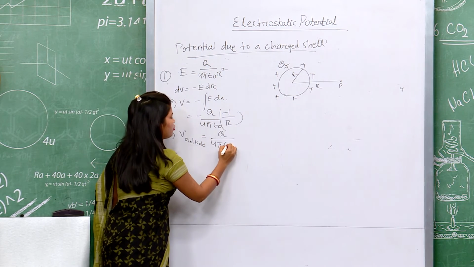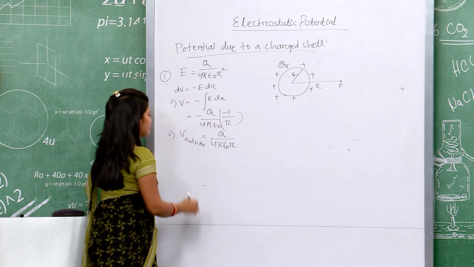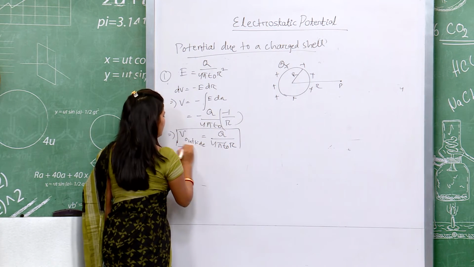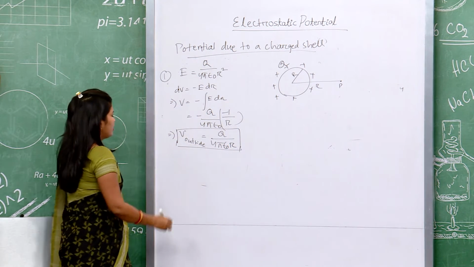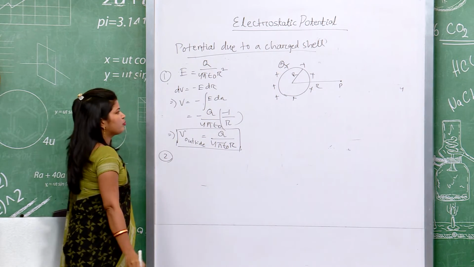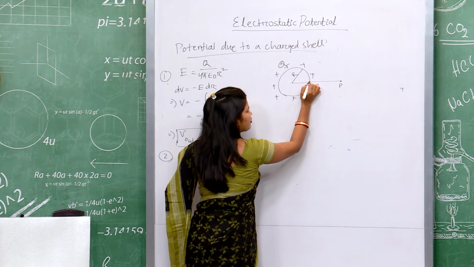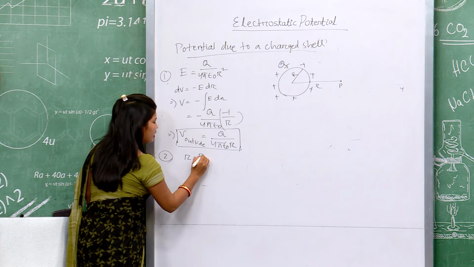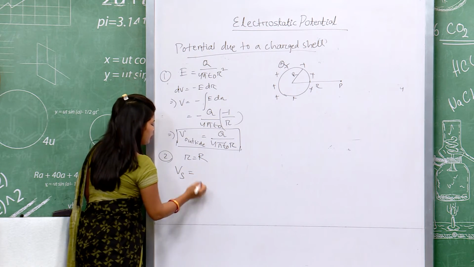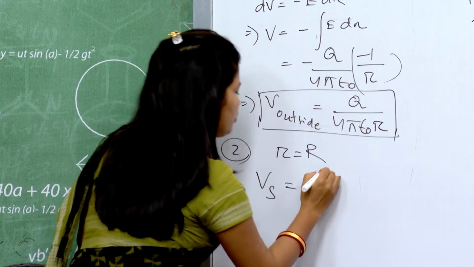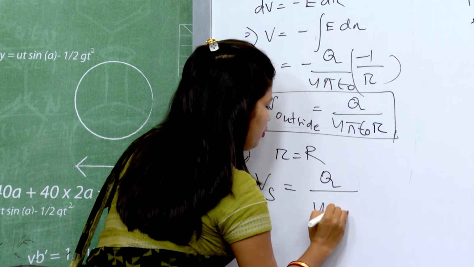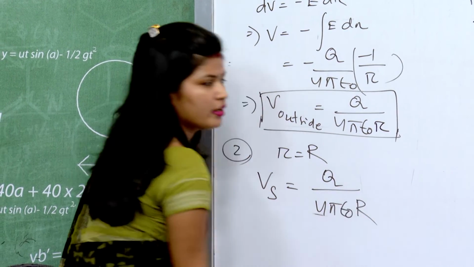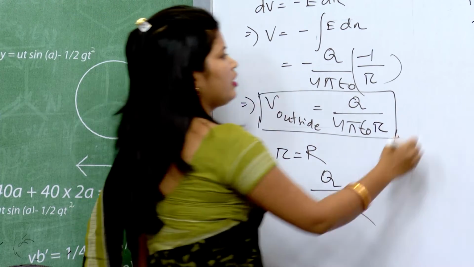So, potential is Q upon 4 pi epsilon naught r. This is the expression of potential outside. In the second case, suppose the point P is on the surface, then small r is equal to capital R. So, the potential on the surface is V equals Q upon 4 pi epsilon naught capital R. Now, in the third case,